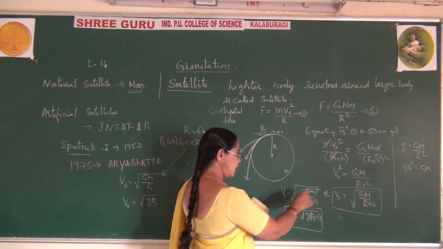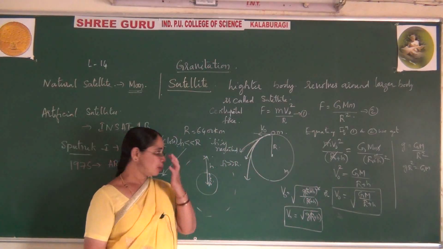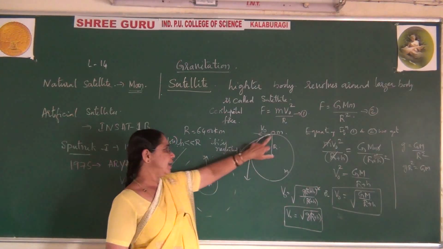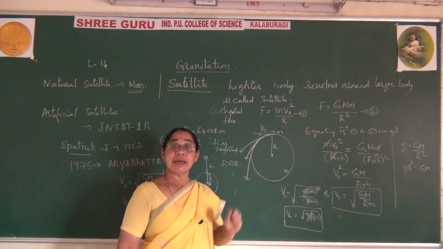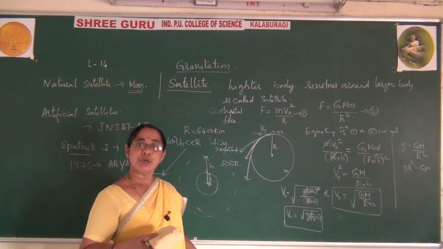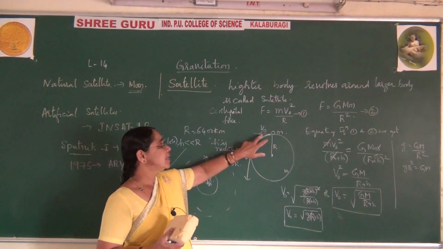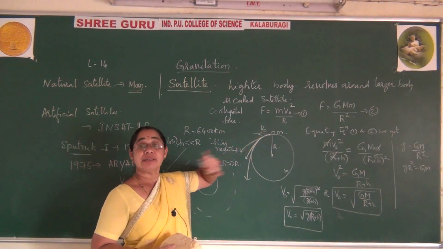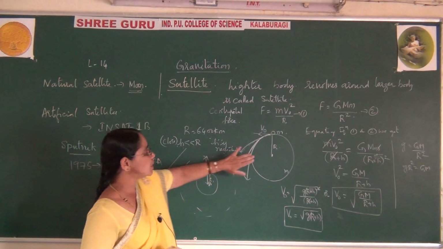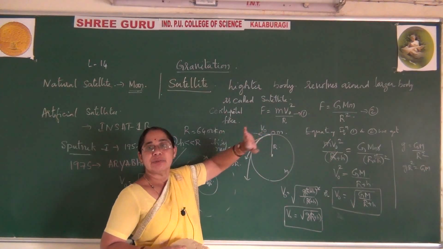Right? Like that we take and we just get the answer like this. I think you have followed. But one more point I want to say. As and when it is close to the surface, naturally gravitational pull will be more, due to which it should possess higher velocity. That satellite should move with very high velocity, because it is very close to the surface.